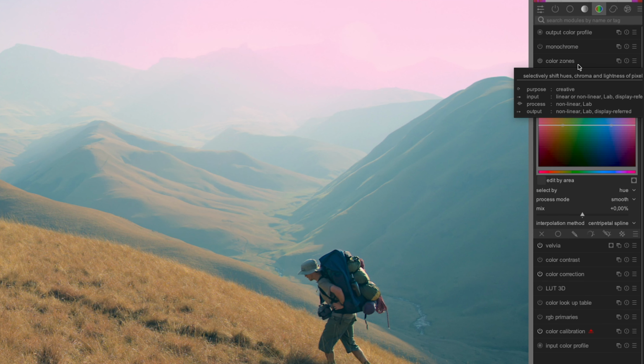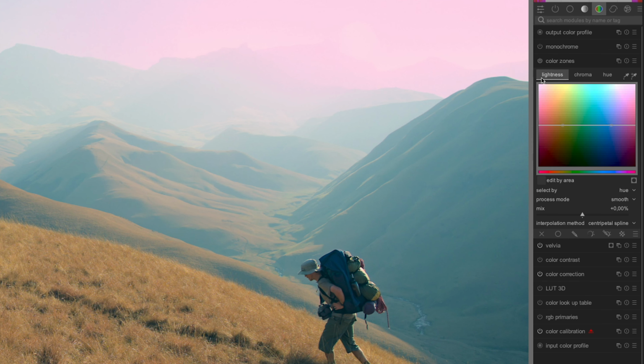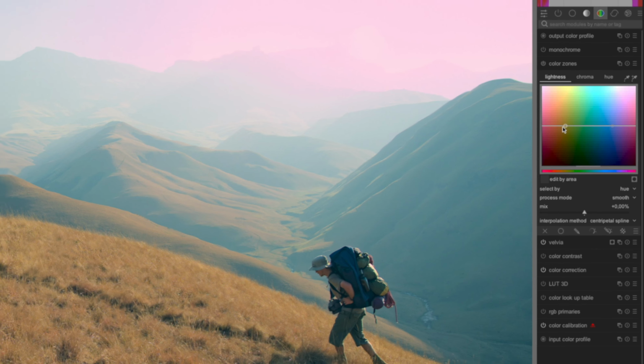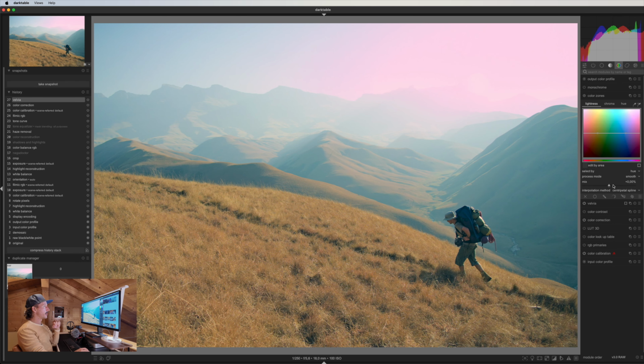Color zones. Again, this is something that I quite enjoy in Darktable. Now along the top here you've got lightness, chroma, and hue. Lightness is something we're going to work with. You see immediately there's a line through the middle here and two dots, one in the blues, one in the yellows. And this represents the colors within the image as far as I can tell. If you just hover over that, shift scroll, no. So color zones selectively shift hues, chroma, and lightness of pixels, which basically means the pixels with the colors in